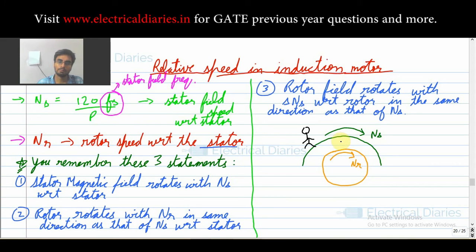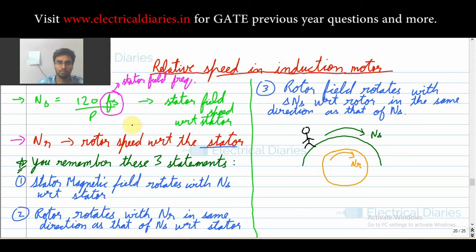As you already know, EMF is also produced in the windings of the rotor. We have to see how the EMF will be produced. It is a closed path, in a squirrel cage induction motor or a wound rotor induction motor; we always provide a closed path. Due to that, a field is produced, and that field will also rotate. So now we have to find out the speed of the rotor field.